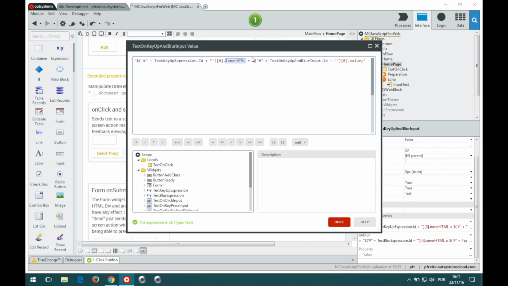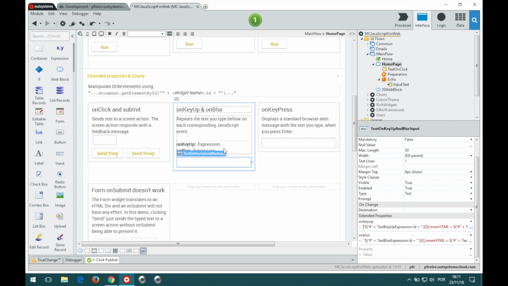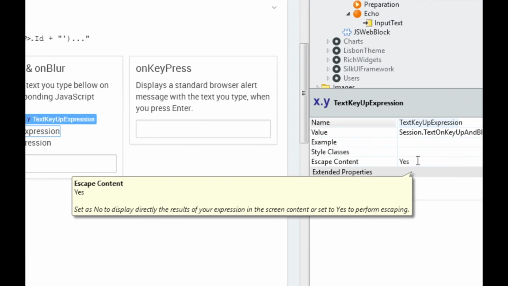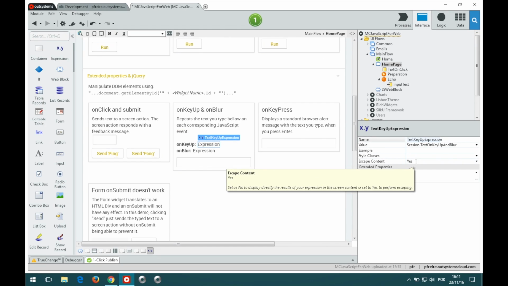And in this way, whatever's being typed in the input is going into the actual expression tag. Note, however, that because this is being done dynamically, the escape content property, which is yes for both of them, doesn't have any relevance, because this is done by the server when it's generating content HTML to be sent to the browser. It doesn't work live during JavaScript execution,